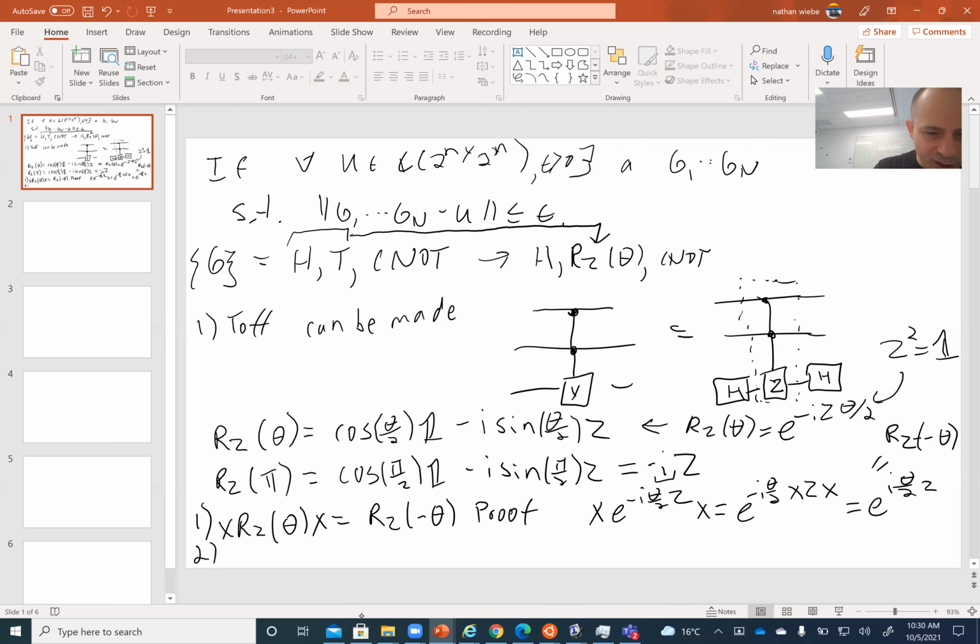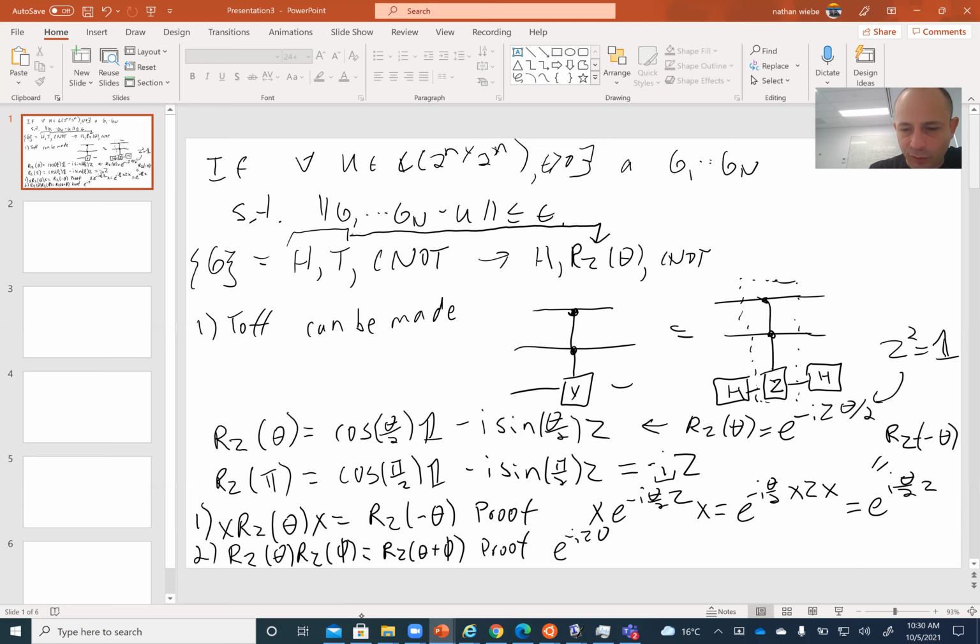The next property, which is a really nice one, is RZ of theta times RZ of phi is equal to RZ of theta plus phi. Now, the proof of this, there's a couple of ways you can do it. Perhaps the best way of going through it is to actually do a Taylor series expansion, group the terms, and see the result. But instead, in the interest of brevity, I'm going to use another proof that boils down to